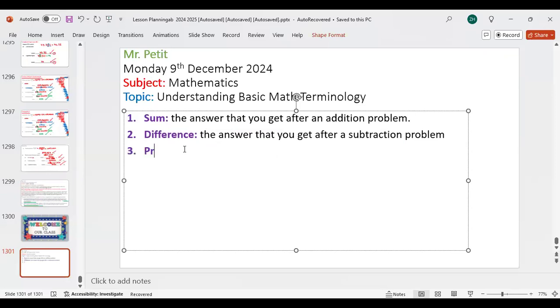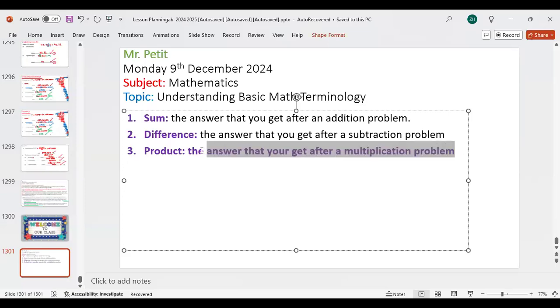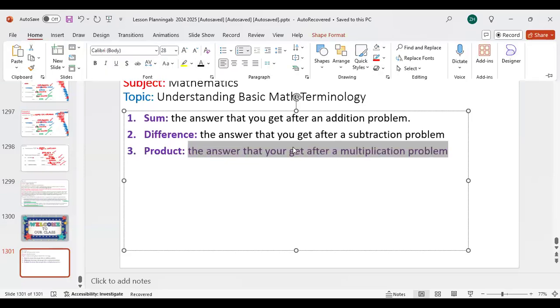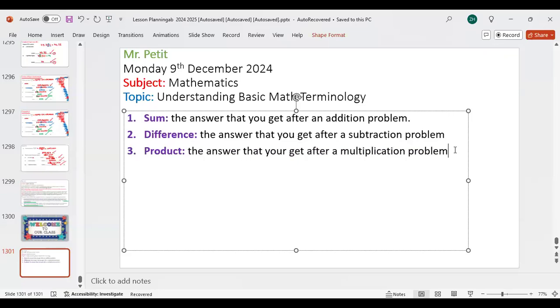So we have sum, difference. We also have product. What is meant by the product? The answer from multiplication. Very good. The answer that you get after a multiplication problem. So that's what we mean by the product. That's the answer that you get after a multiplication problem. So we have sum, difference, product, and then the last thing is